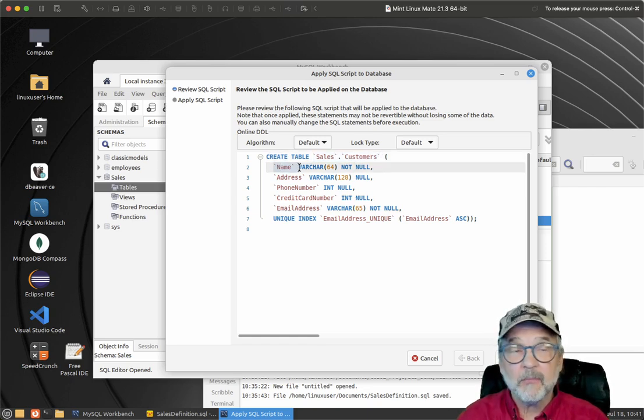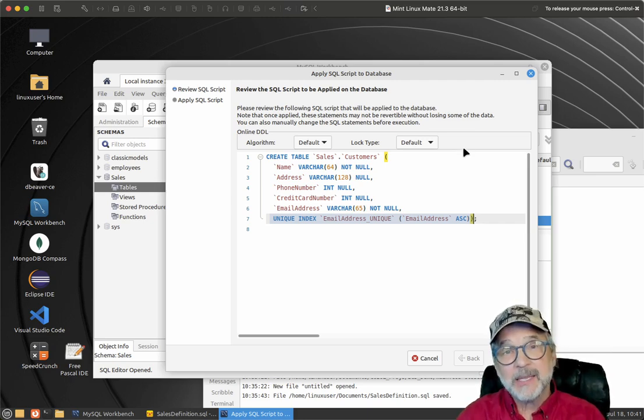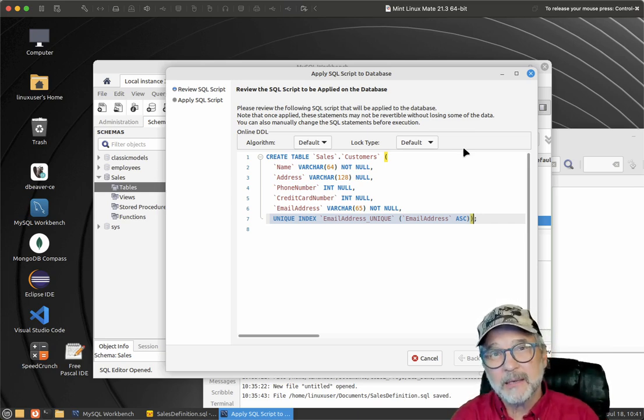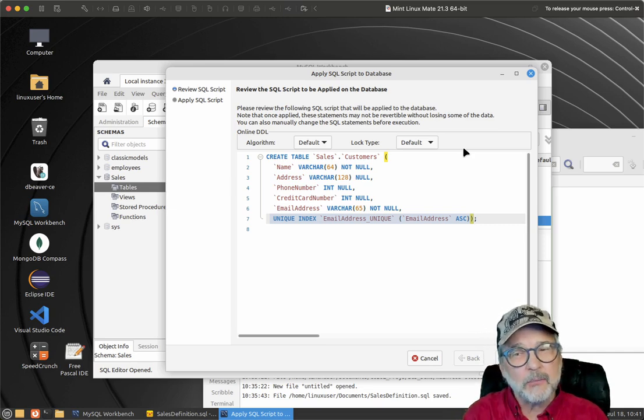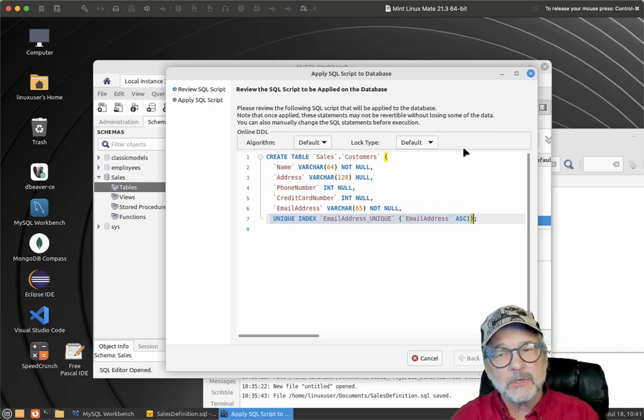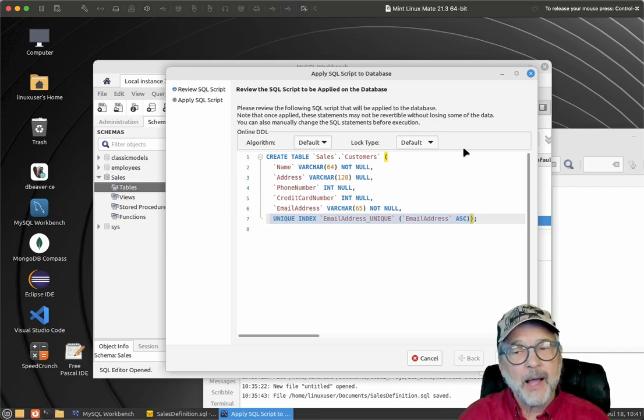There's going to be a name column, an address column, a phone number column, credit card, and email address. And take a look right here. MySQL actually created another thing saying unique index. That means that MySQL figured, okay, that is a not null. That's like the only not null. Well, actually, it's not the only one. Name was as well. So I'm not really sure why MySQL picked email address, but it's going to make it